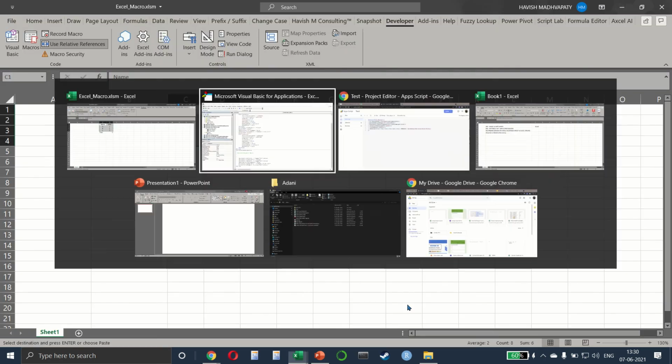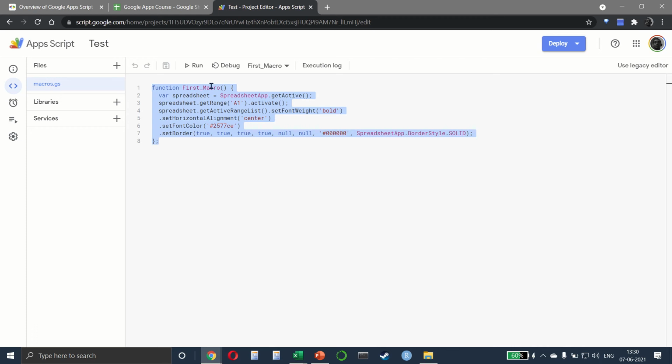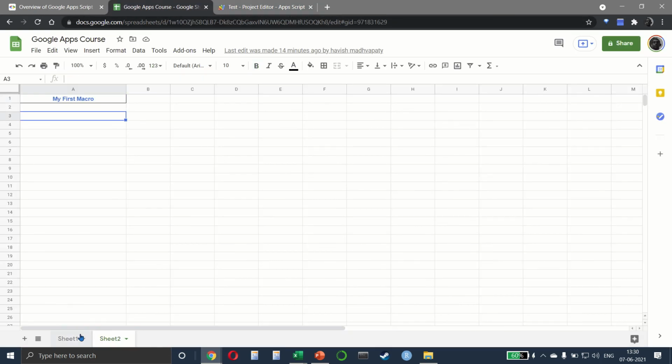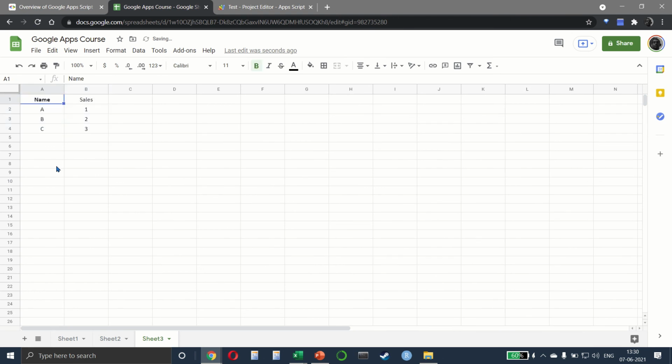Let me take the data back to Google Sheet. I'm just creating a new sheet here. And let me not write, but rather record the macro for you. This time we can do it a little faster since we already know the difference between relative and absolute.